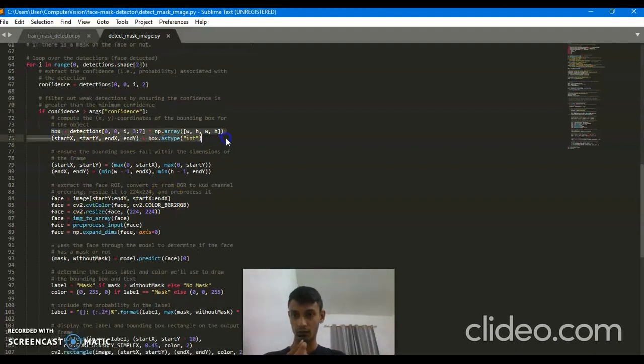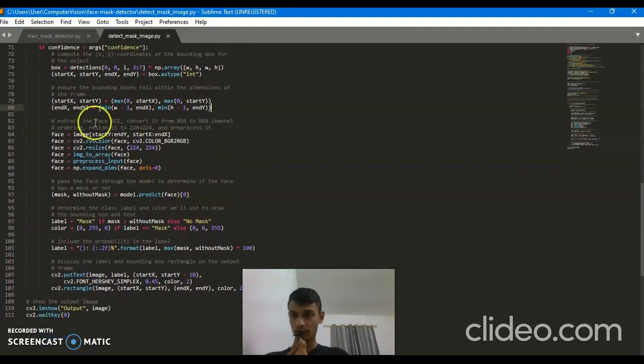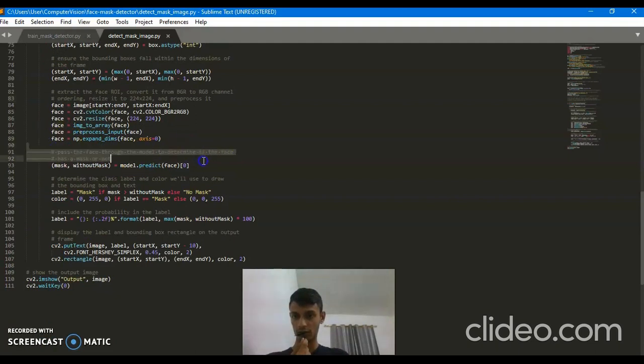So here is a box. It is a bounding box that we'll use to look if a face is present. And here we check to ensure that the face is present in the frame of the image. And here we'll extract the face ROI, the region of interest, which is a face. And we'll do some processing on it, and we'll pass the face to the model to predict. And here the model will draw the box, which is red, and shows the